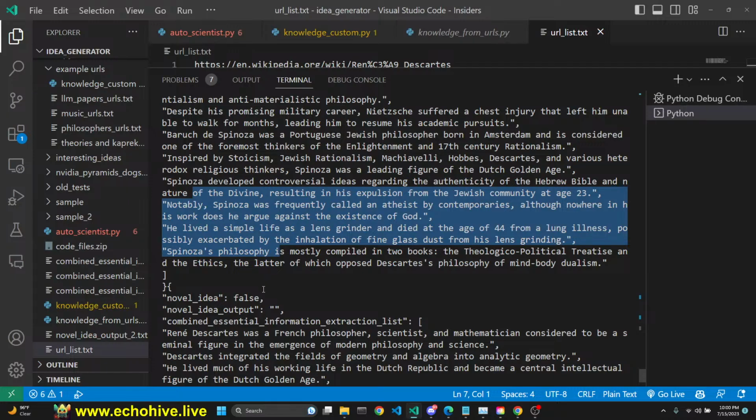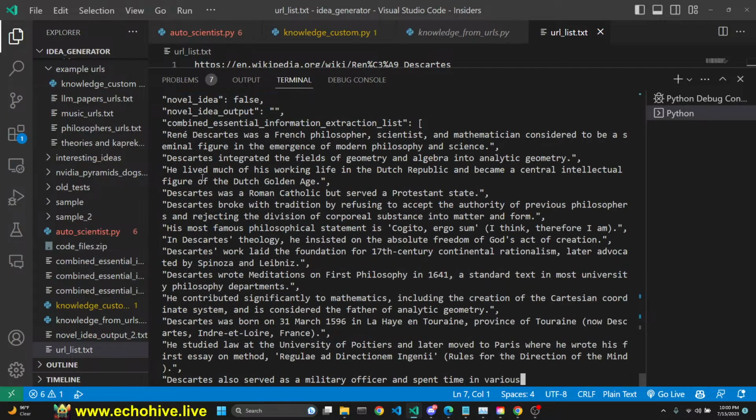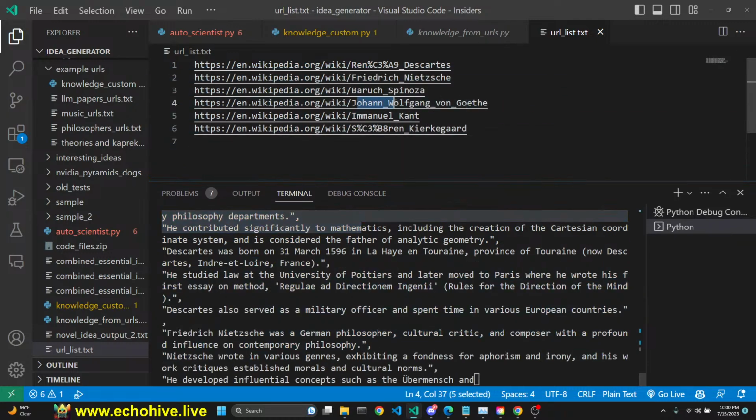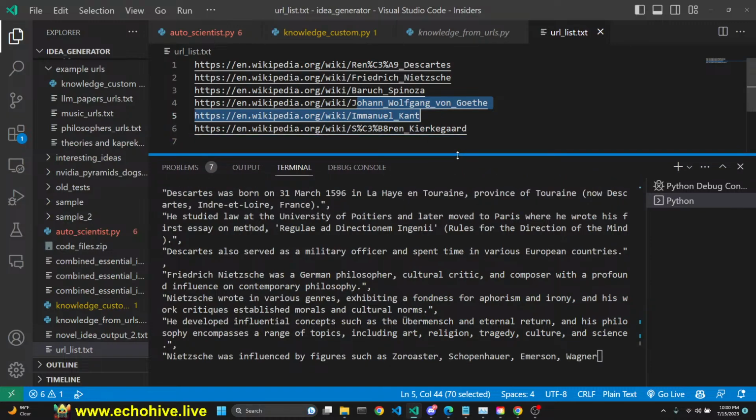But we're not going to generate again, right? This was the third one. We're going on to the fourth one. This one will also include Johann Wolfgang von Goethe. Interesting, you know, Goethe,